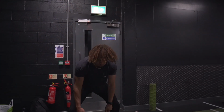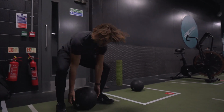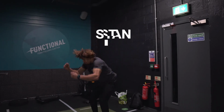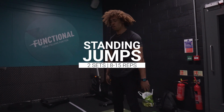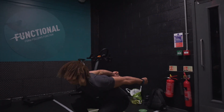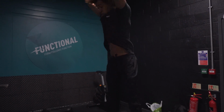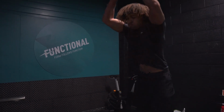We got ball slams. Again, nice and explosive. I started with a light, I think, 6 kilo one, and now this is the 15 kg one. So obviously moving a bit slower, but it was still tough to slam on the floor. And last but not least, we finished off with a couple of jumps on the spot. So again, standing vertical jumps. I think this was basically the warm-up of the whole workout before we went to those compound lifts